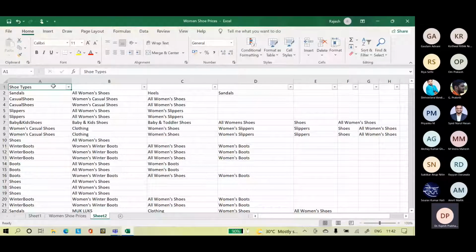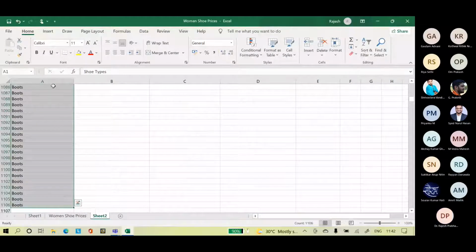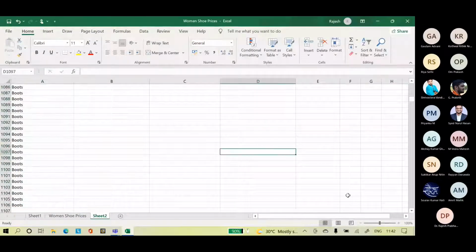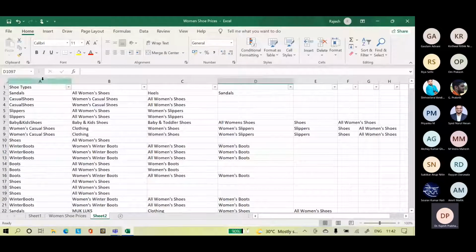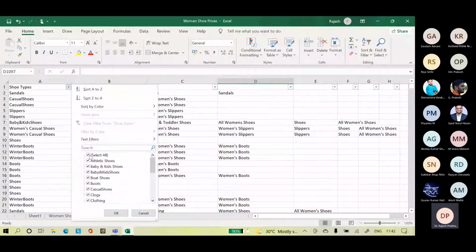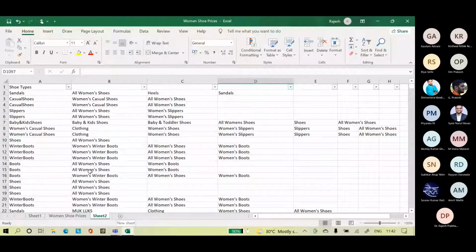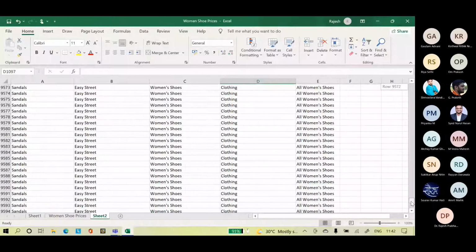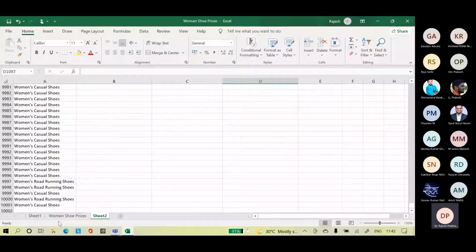Now I will take this column. So why are 1106 coming? Do we have a filter? Oh, 10,000 percent.